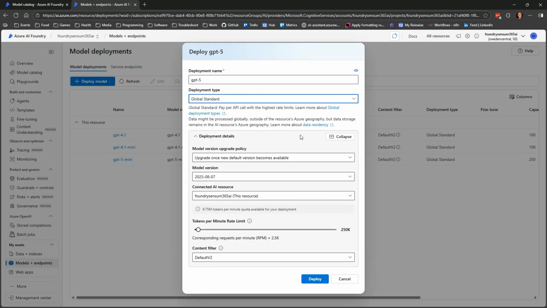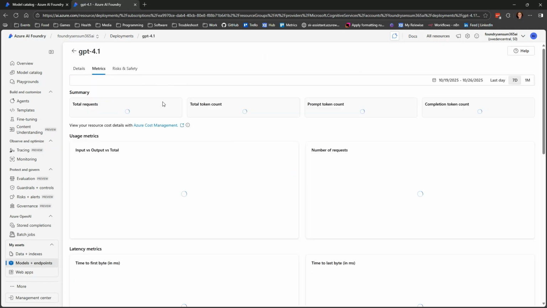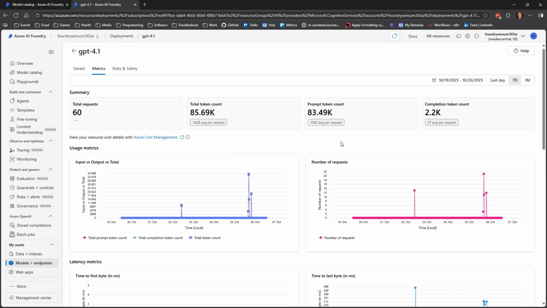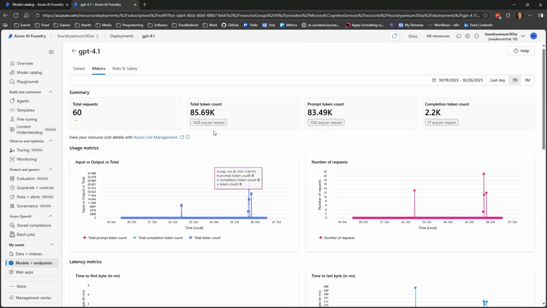And you can set a lot of different things, like which version of the model, where it should go to resources, and how many tokens a minute. And of course, things like content filters. For each of the models, we can also go in and see the metrics, with almost up-to-date information about how many tokens you use, the latency, and such things.